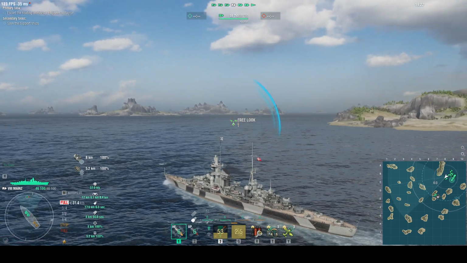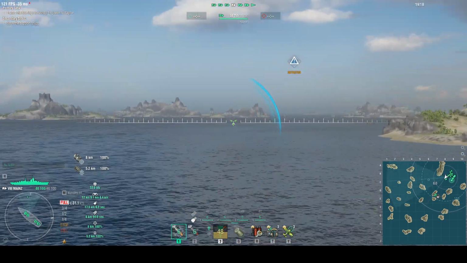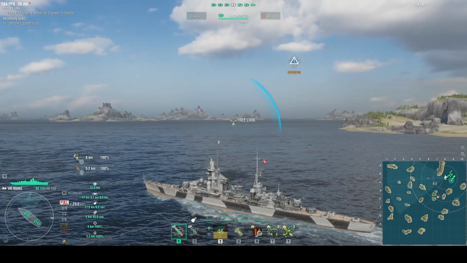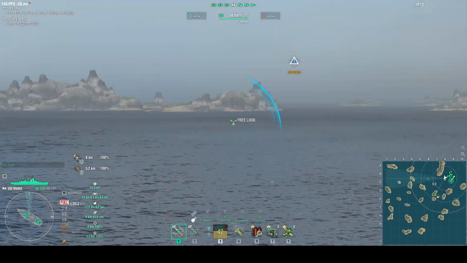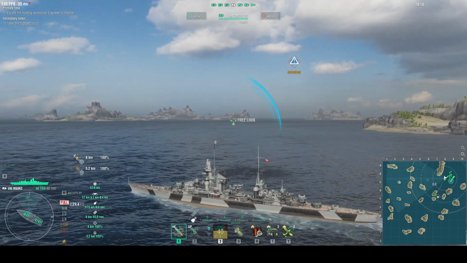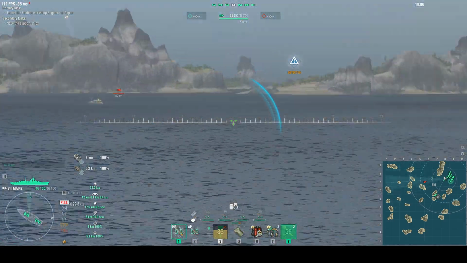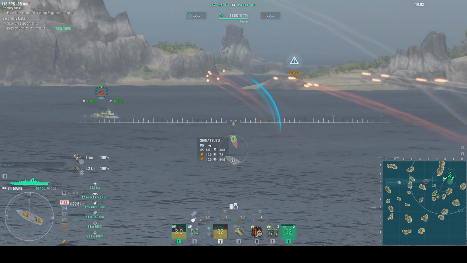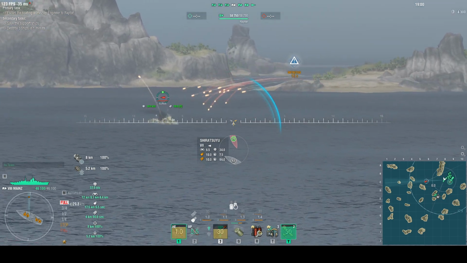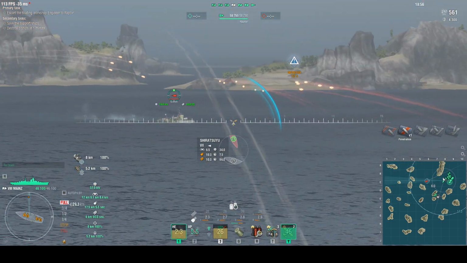And at this point, he's basically loading HE for the DD, which is fair. Mines has such a fast switch rate for its AP and HE shells that he doesn't have to worry about it. He can just get whatever he wants. Now,